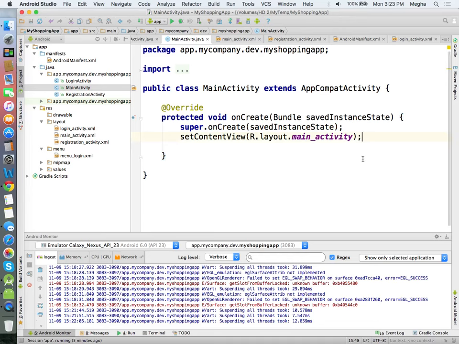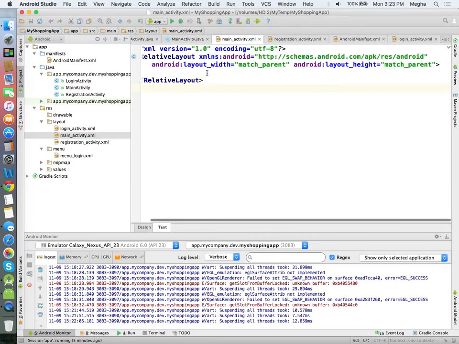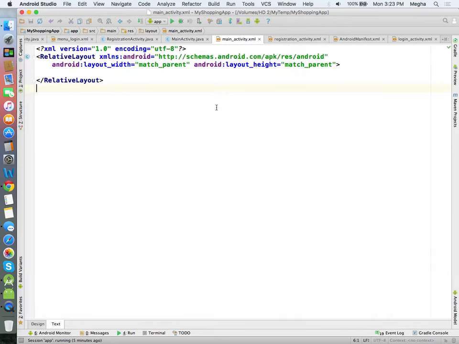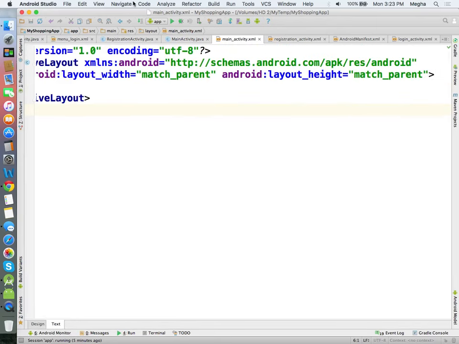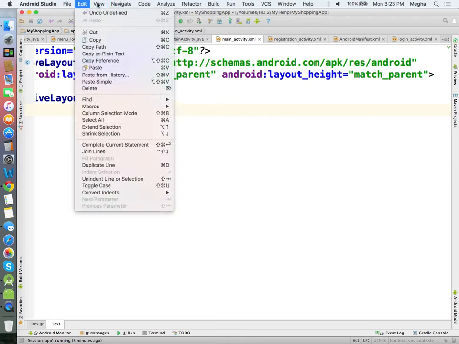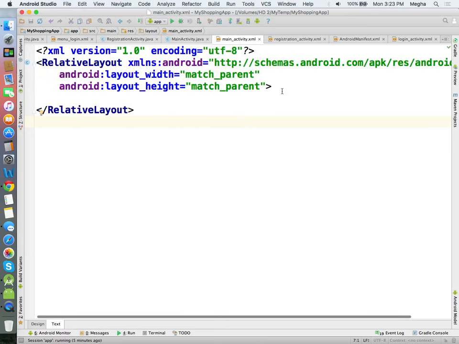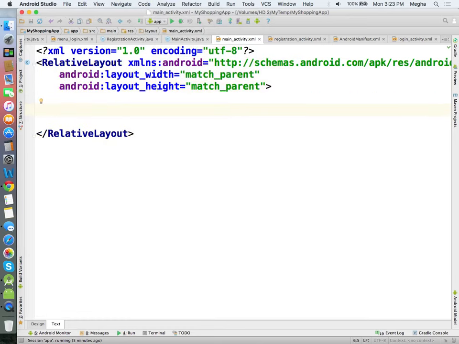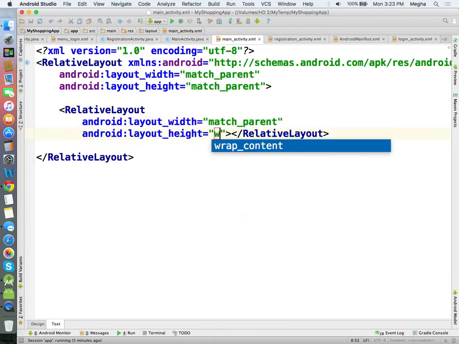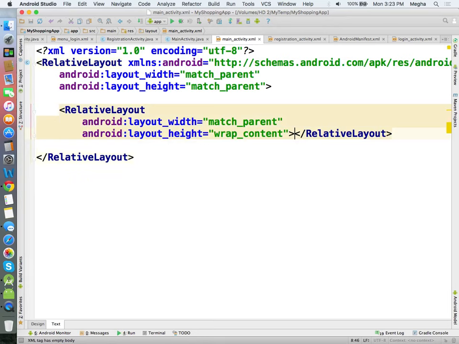In the main activity, we have to create a couple of things.